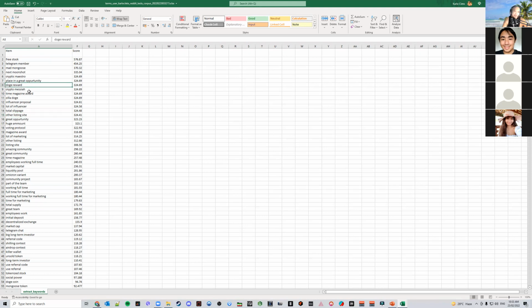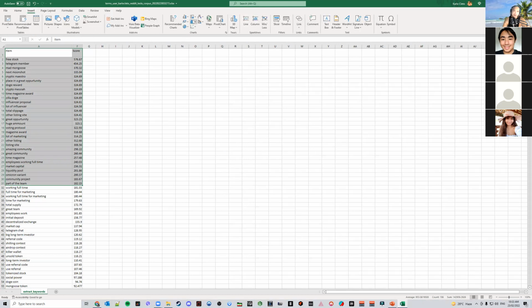Sometimes there's one following it that might say something like Doge reward for everyone, right? So it's actually part of the same phrase. So when that happens, I just delete one of them just so that the list contains as many distinct concepts as possible. And then select it and then just insert your bar chart